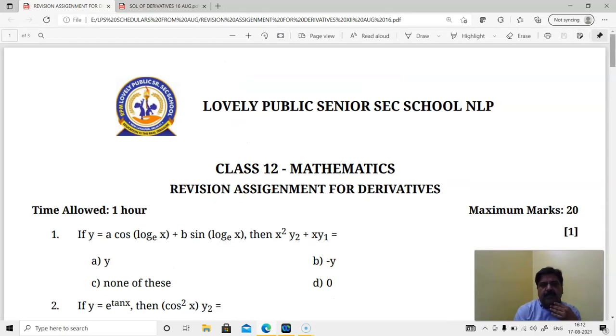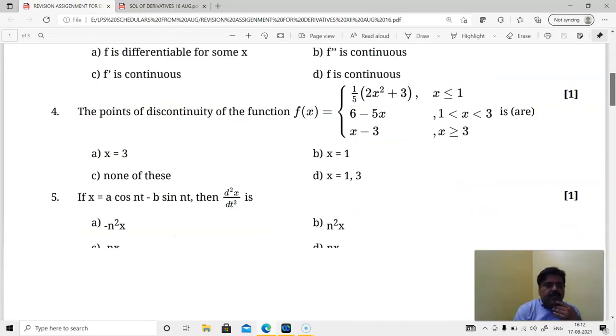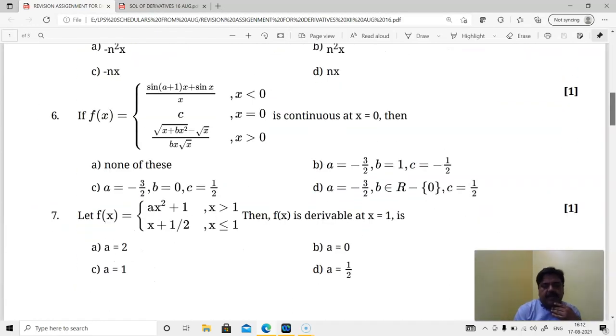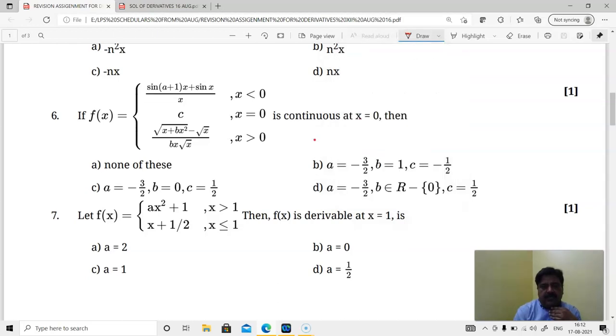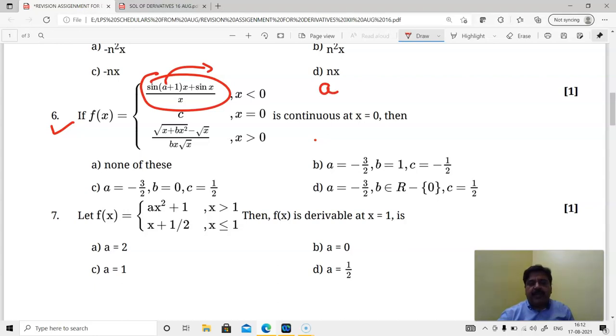We have to check some continuity, some differentiability, some higher order, some parametric form, some logarithmic questions. Now, this sixth question is quite lengthy and needs a lot of calculation skills, but if you have common sense, then you can do this question in an awesome manner. Now we know that sin x upon x is 1, so if I multiply only this part by a plus 1 and divide by a plus 1, we will be left with a plus 1, and sin x upon x is already 1, so it is basically a plus 2, and since the function is continuous,